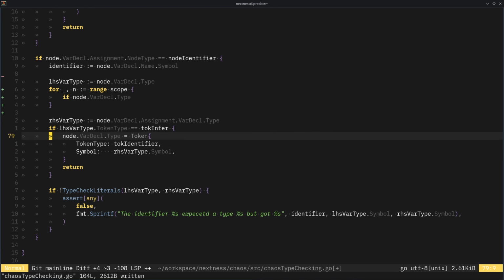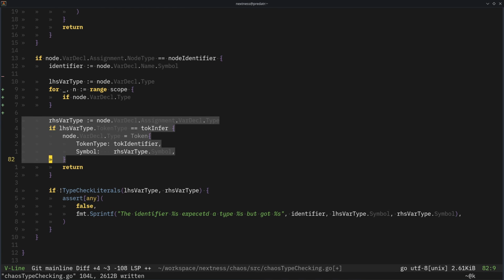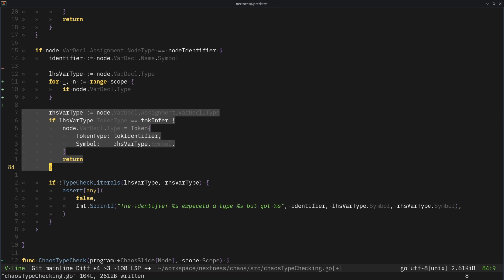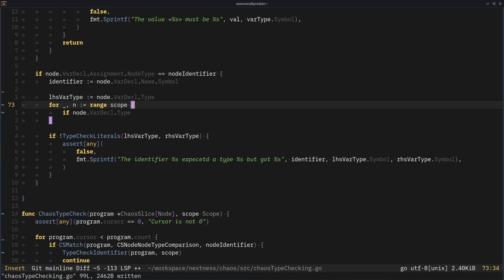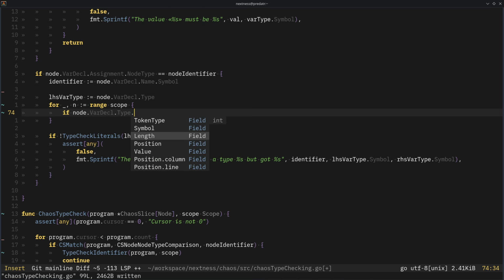So this actually doesn't, that's not a thing. If this variable declaration type dot symbol is equal to